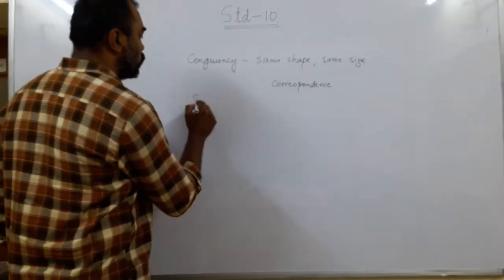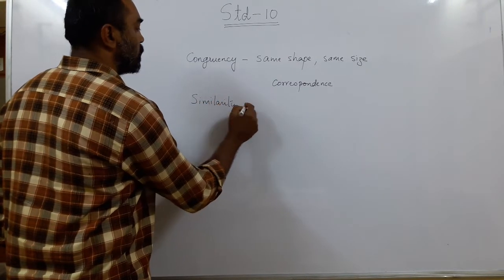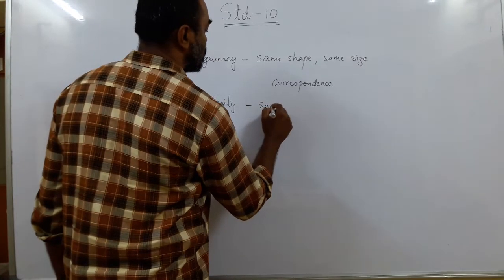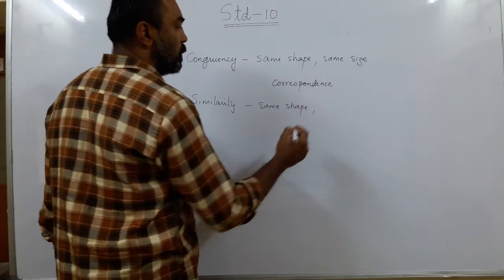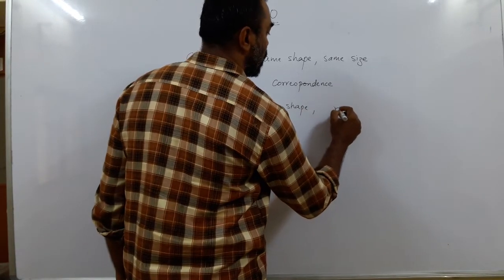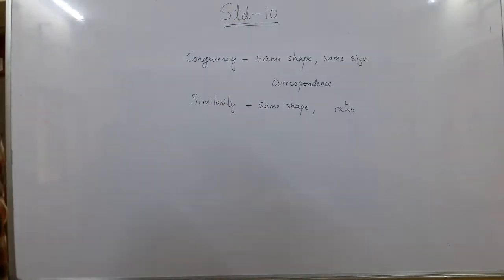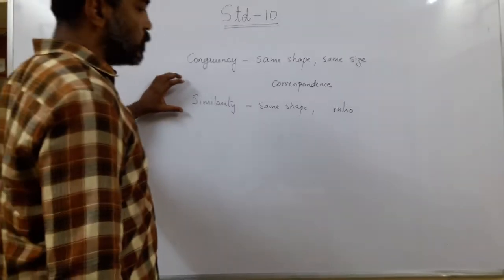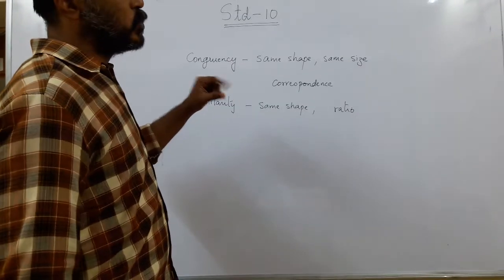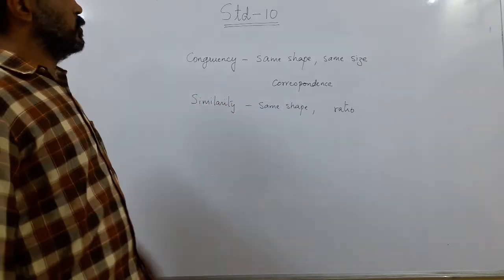And then we moved on to similarity of triangles. Similarity, I explained to you, is the same shape. The size is not the same, but it is always in the same ratio. The ratio of the sides is maintained. I told you the example: when you enlarge a picture on a mobile, zooming in or zooming out, the picture increases in all the dimensions through the same ratio.